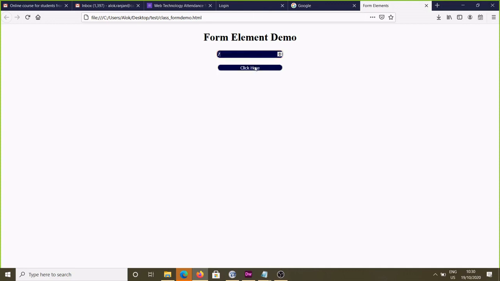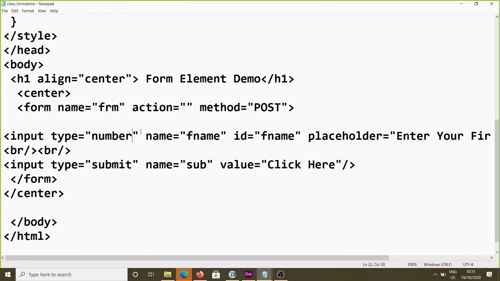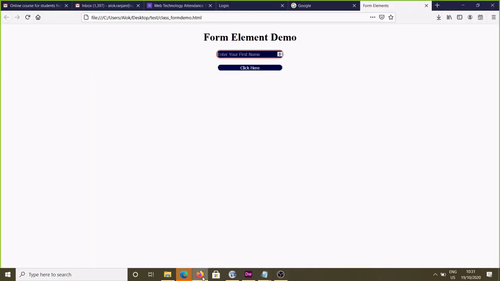Clear? And if you want to fix the range, you can do that with the help of a regular expression, otherwise with the help of JavaScript. But apart from this, there is a simple way here. You can write for number a minimum value, suppose 3, and a max value of 10. So in this box you can take a minimum value of 3 and a maximum value of 10. Now just see, I will start from third, fourth, up to 10 only. After that nothing. Decrease also only up to 3.